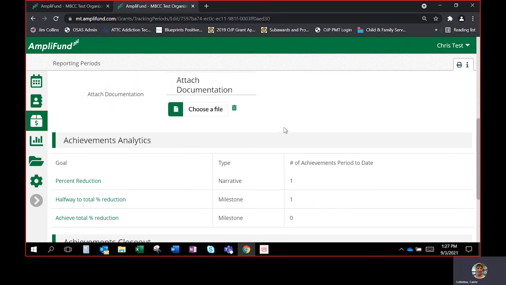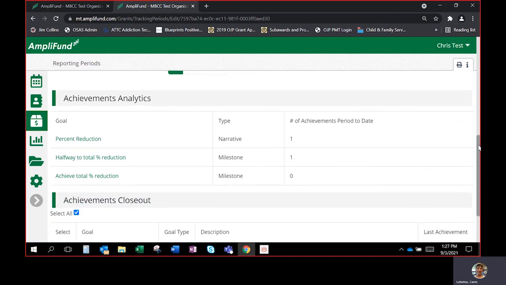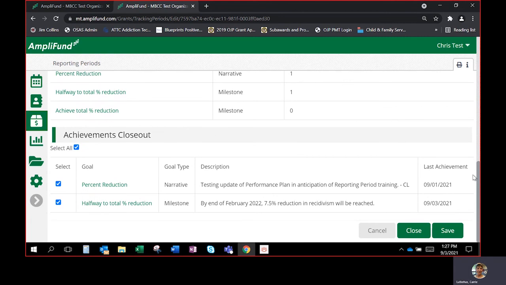If you upload the wrong file too, there's always the handy trash can you can use to throw that away. Again, here's our achievement analysis. And now it's asking me about achievements closeout, and it defaults to all of them being selected. And the question there is really asking me if I'm ready to close and submit those particular achievements that are